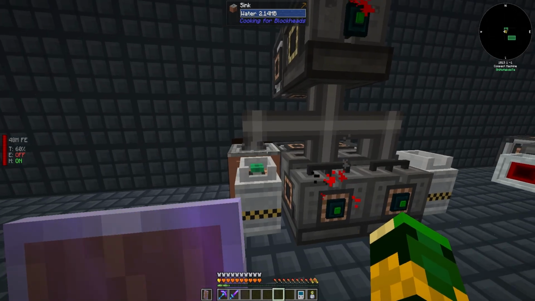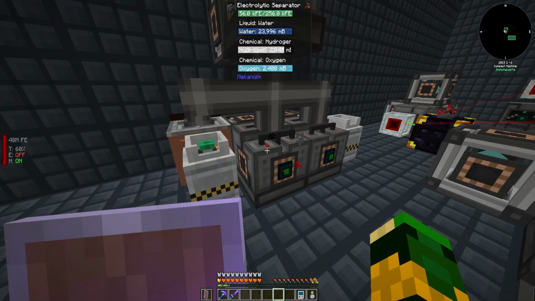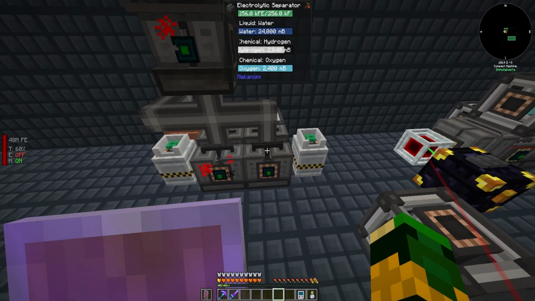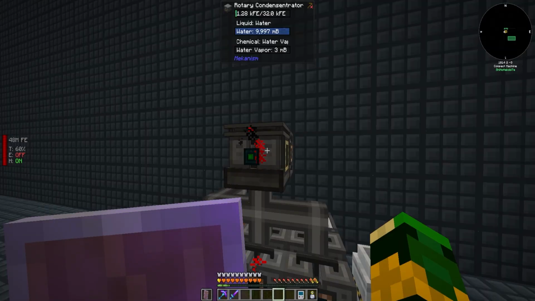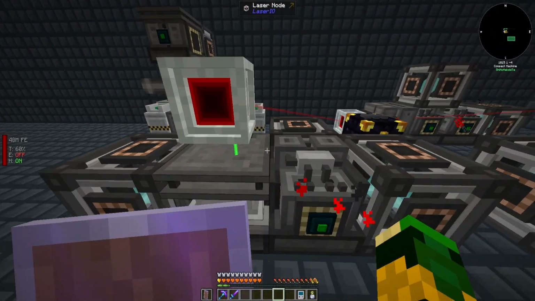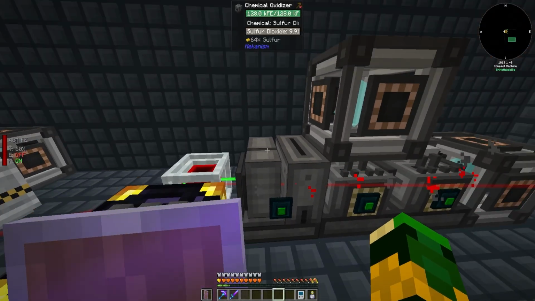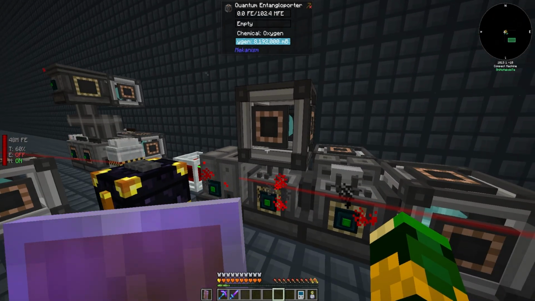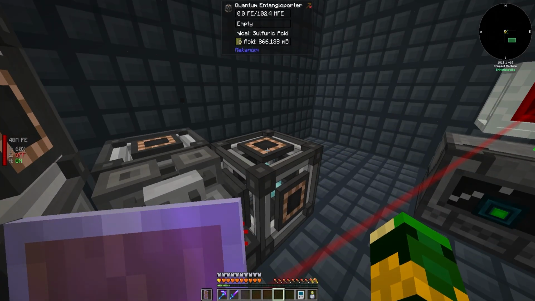Everything kind of starts over here. We're making our hydrogen and our oxygen. That's all taking place here. And then it's all feeding into here to make our water vapor. And then that stuff is passing on using the quantum entanglements that we can pass on the oxygen and the water vapor.